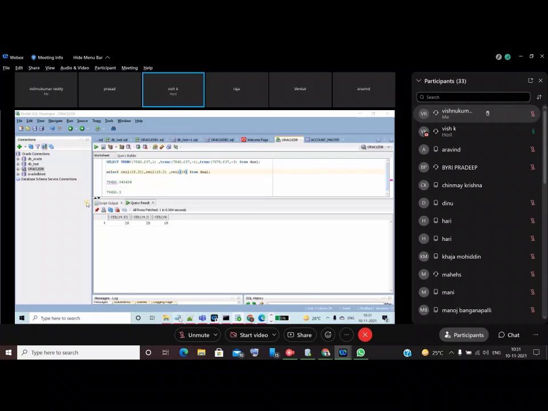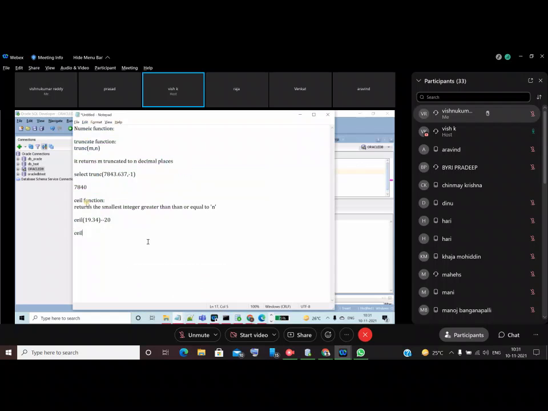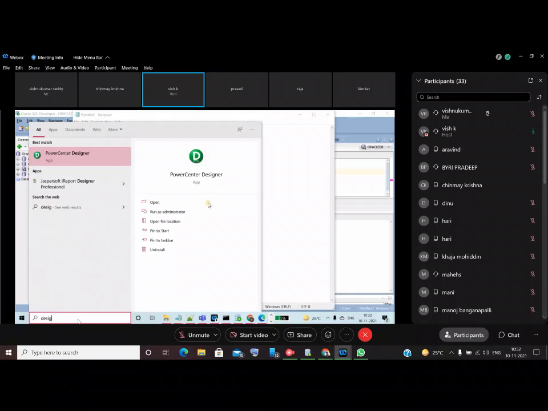And next, the floor function. The floor function returns the largest integer. Even in Informatica, you will have all these functions, guys.